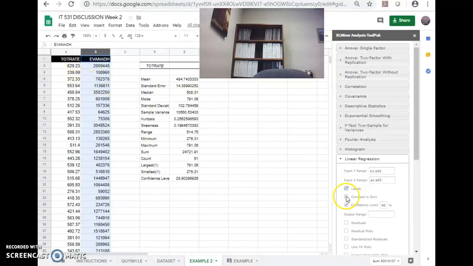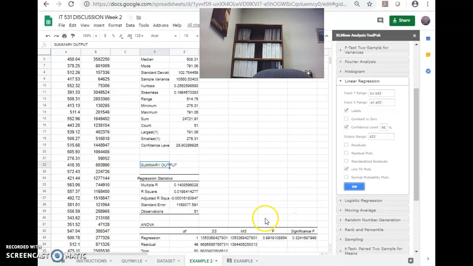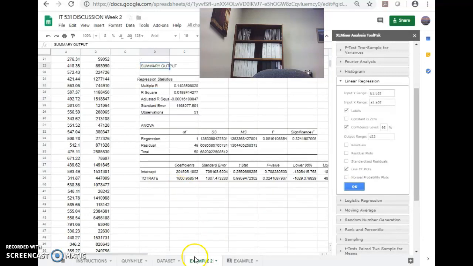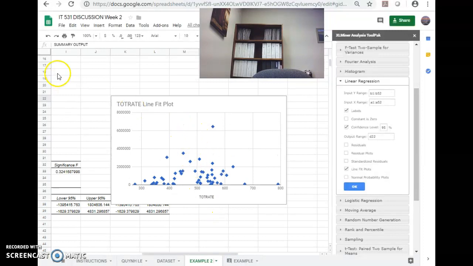Make sure that you click labels, because A1, the very first one, is a label, as well as B1. Those are labels. We don't want the constant to be 0. We want an intercept to be calculated. And then our confidence level, 95. Output range, where do you want to place all of your analysis? Let's choose this one, which is D22. So I prefer to write it down, D22. And then you can select the line plots, and then OK. And give it a few seconds, and there. It gives you your model, and then plus you scroll here, it gives you the line plot. So notice that these two variables that I just ran